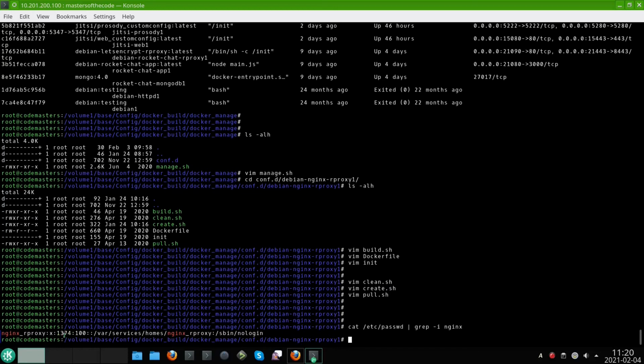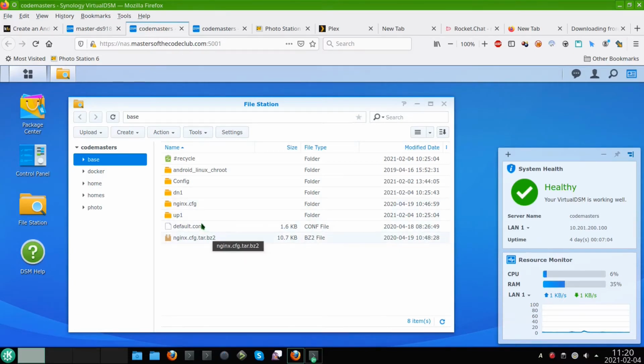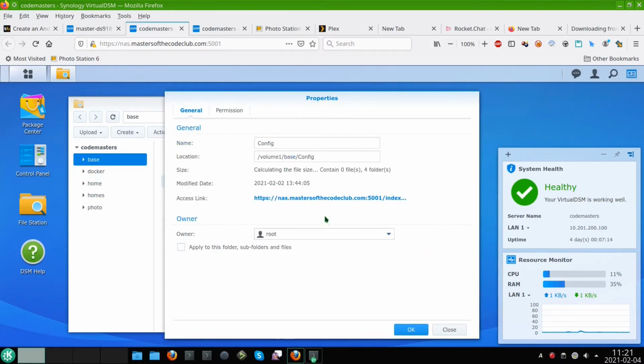which had been used in the create.sh script. So you should change that UID to match the UID you currently use on your system. And of course the username is not important here. Of course you could also use the root user here, but it's a better way to use a specified user for different tasks. So let's see here, and I've also created a config directory under the base volume here,